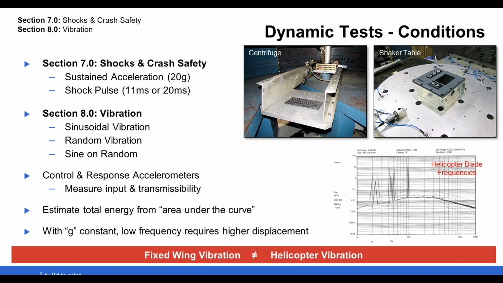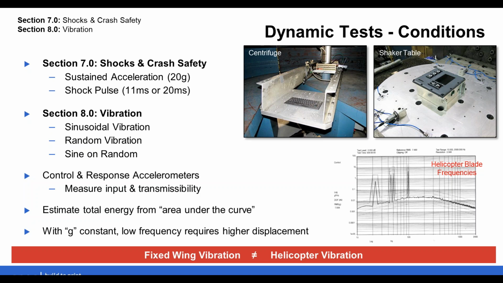Section 7 is shock and crash safety. The shock tests are typically performed on some kind of drop tower or shaker table. Shock pulses can range from 11 milliseconds to 20 milliseconds. The longer the pulse duration, the more energy, the more severe the test. For the sustained acceleration test, that's typically done on a centrifuge. It can also be done using some kind of inertial loading machine if you are unable to mount your unit